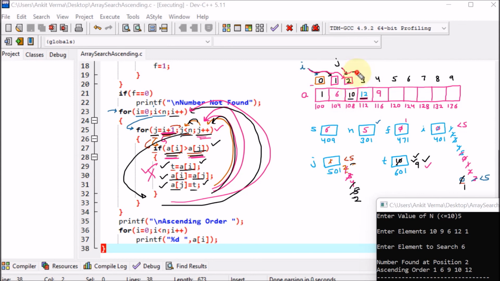So afterward j will be further incremented, but the I position will be the same on 2. So 10 will be compared with the 9. Yes, 10 is greater, so here values will be modified. 9 will come here and 10 will be shifted. So they are swapped. After that, the loop will be false. So the inner loop will be false because when the value of j is incremented, that will be 5. So again it will be going back and further I will be incremented.